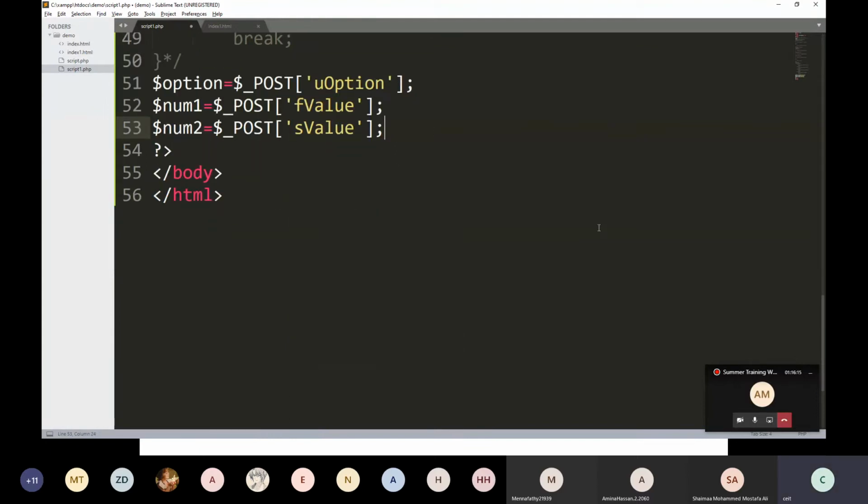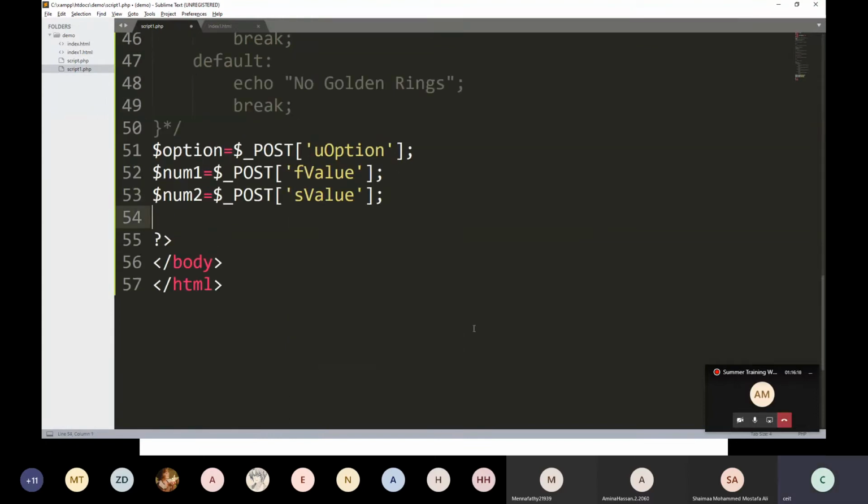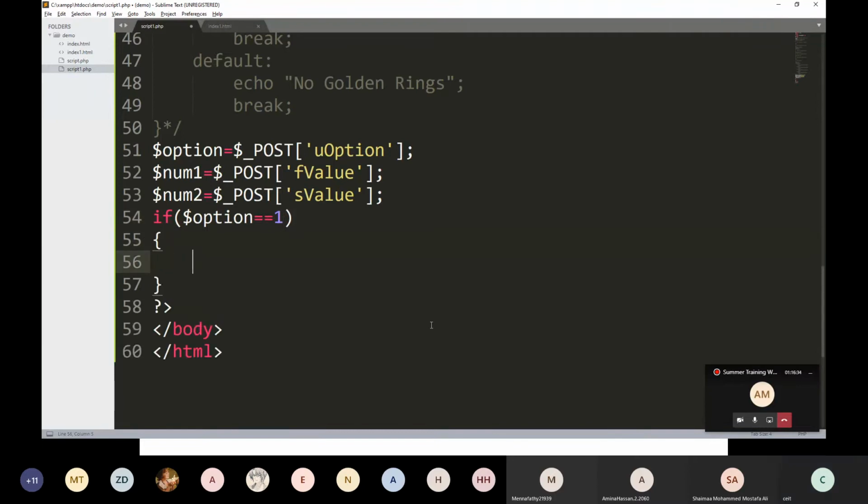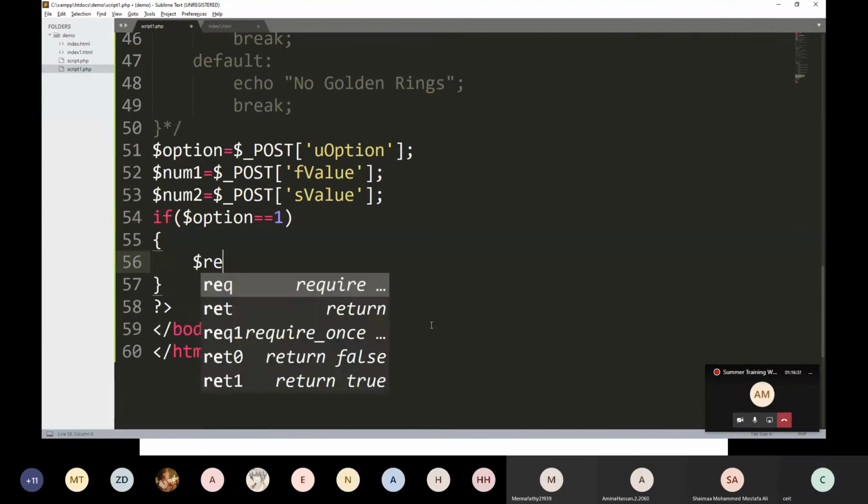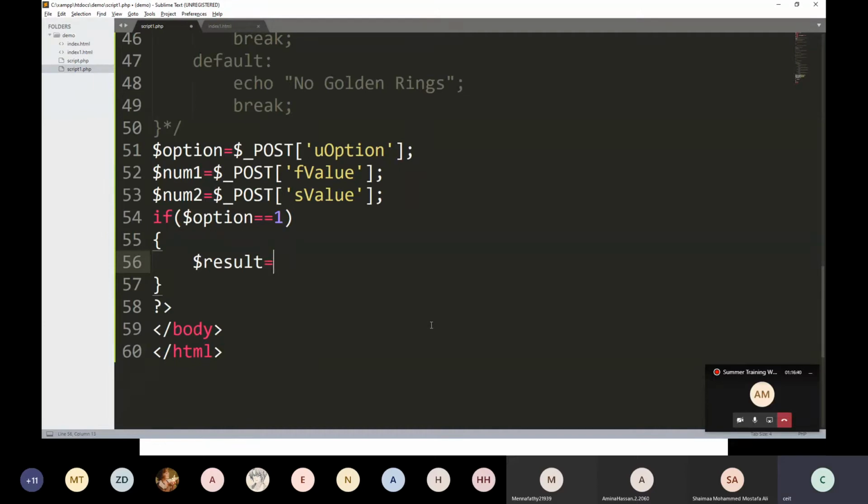Then I am writing the if else. You can also use the switch case. If dollar option equal to 1, then dollar result equal to dollar num1 plus dollar num2, and echo dollar result.